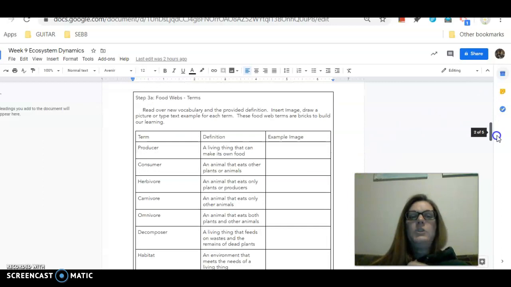Then you're going to have kind of an opportunity to use the vocabulary that she talks about in that video. I don't think it would be a bad idea if you guys read these definitions before you watch that crash course, so that then when she talks about producers, it sounds familiar. When she talks about omnivores, it sounds familiar. These definitions, this work is done for you. All we want you to do here is either insert an image, or you could just type in a word for an example of it. So give an example that's an herbivore from your understanding, okay?